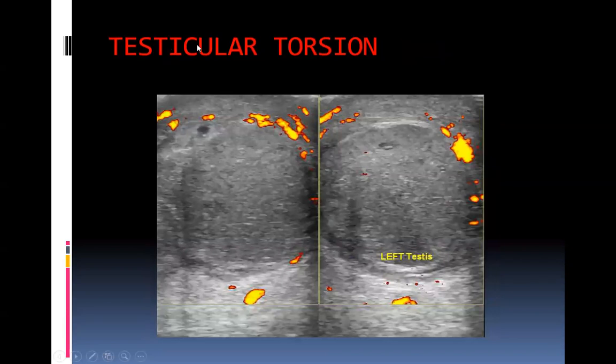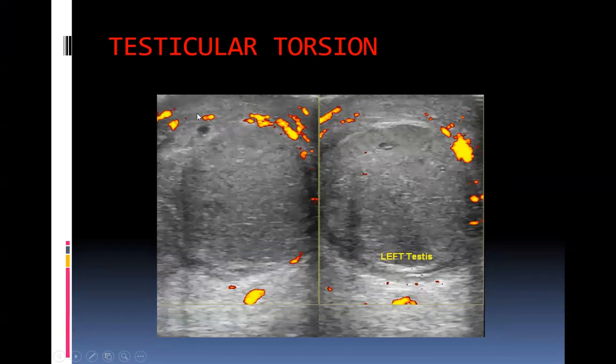Now, this is an example of testicular torsion. Usually children present with this. The children sometimes have retractile testes. So testes are sort of moving up and down in the inguinal region. So they have more chances of torsion there. So once you put blood supply again, you would see that there is no blood supply inside the